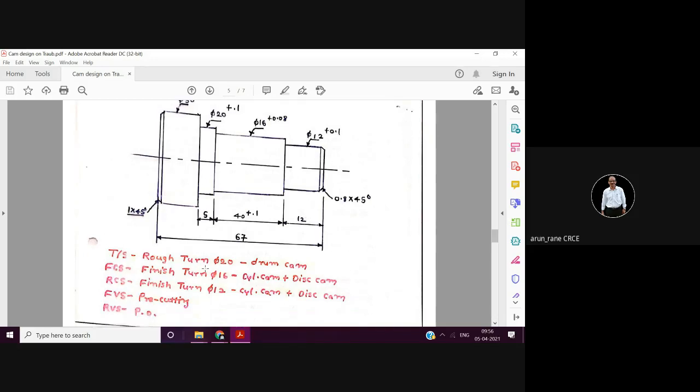Now how to do this? So you have, from the tailstock you can do rough turning. So there is, I will show you how that attachment is on the tailstock. So from the tailstock, I told you that usually the drilling is done and boring is done, but you can also do the turning. I'll show you how. So from the tailstock you can do this turning, that is diameter 20,